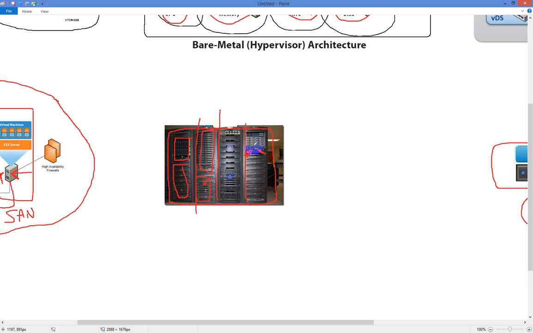Basically, a fabric interconnect allows you to connect your Fibre Channel connections between the server and a Fibre Channel switch back to the rest of your data center fabric, which could be your servers and some other details on the back end, or it could be a FEX. A FEX is a fabric extender.